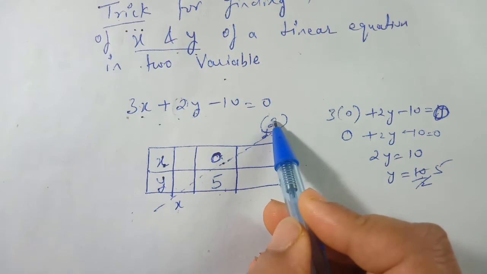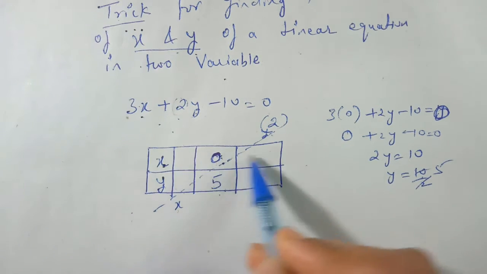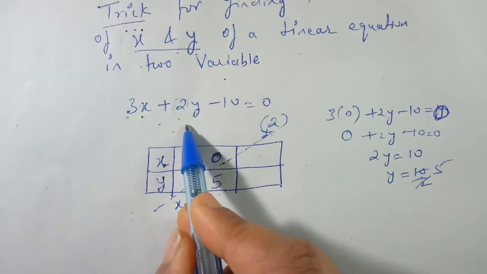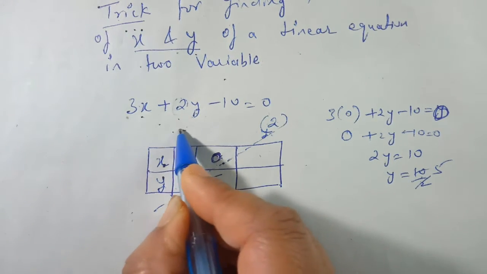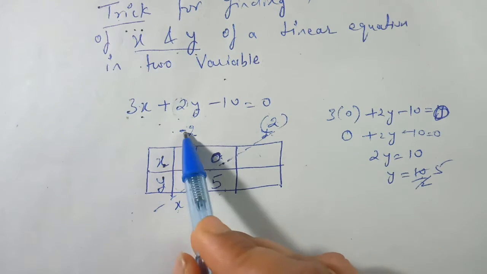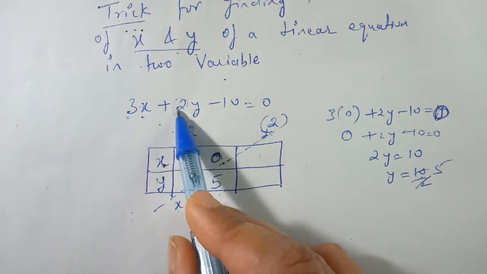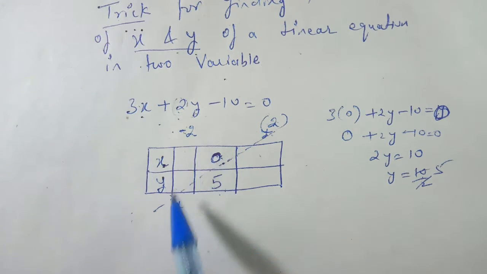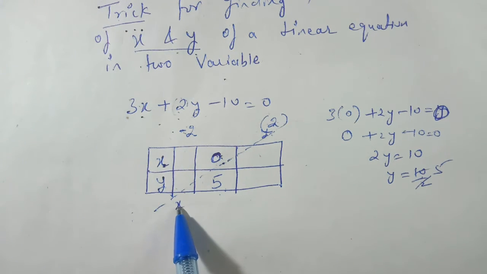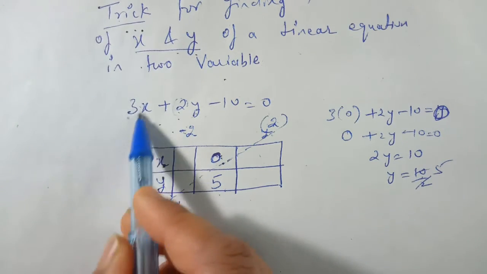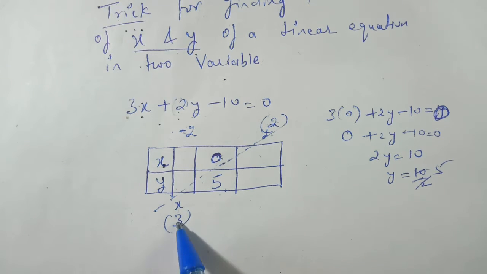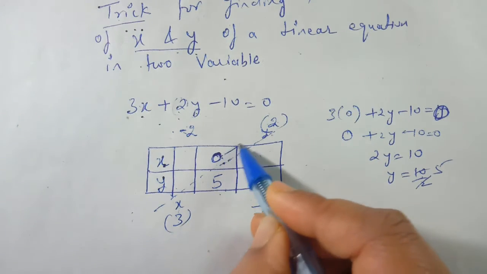Above this box we have written 2. Above this box we have to write the opposite sign taking the same coefficient, minus 2. Here we have taken the main coefficient, and on the other side we have to reverse the sign. The same way below here x. X means the coefficient of x we have to write. This is plus 3. So plus 3 we take, and on the other side we have to reverse its sign.